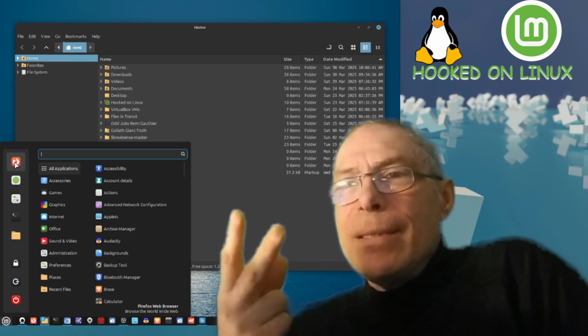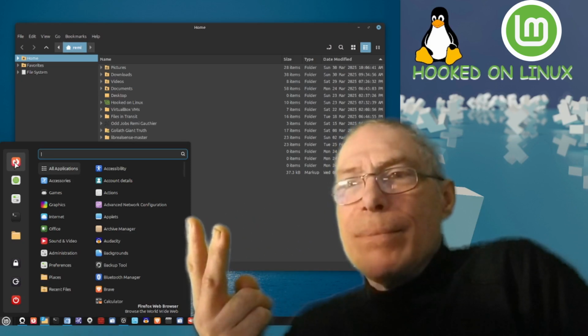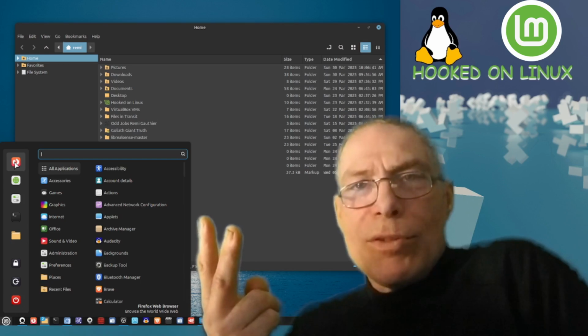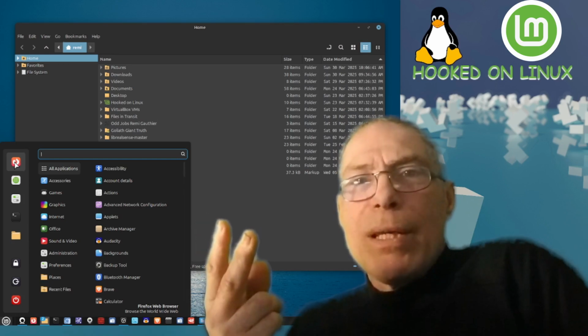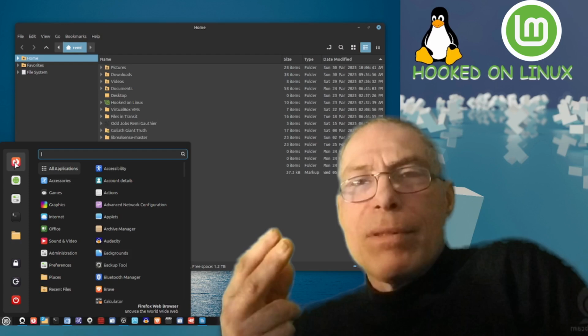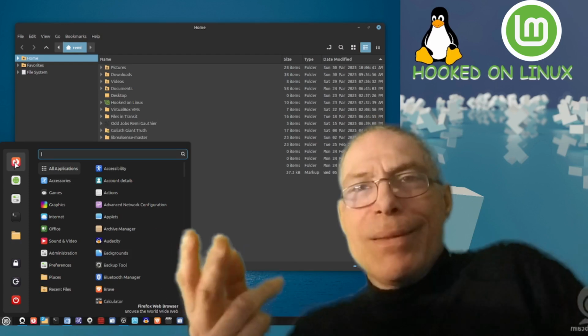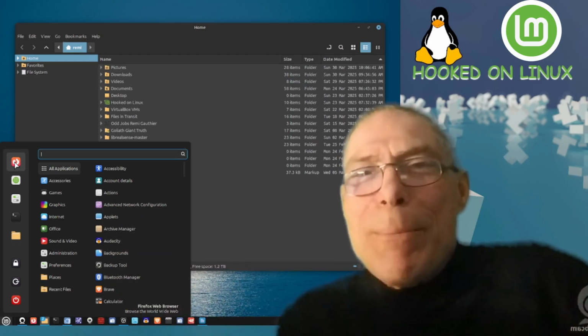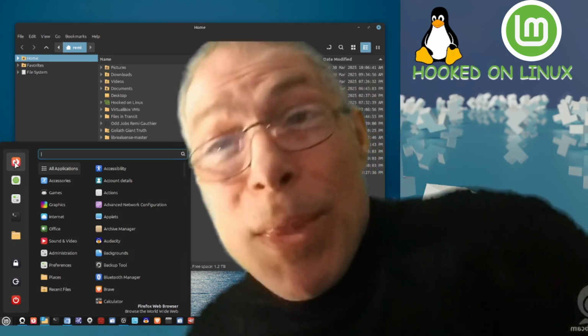Then there's the person that wants privacy and security, so they want to get away from Microsoft taking pictures of their screen. Apparently, this is awesome.